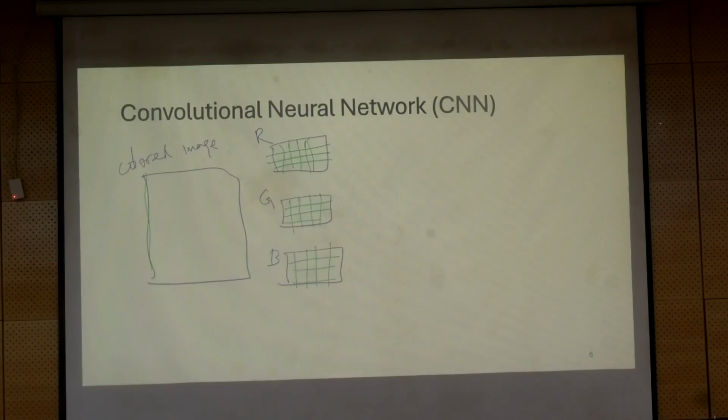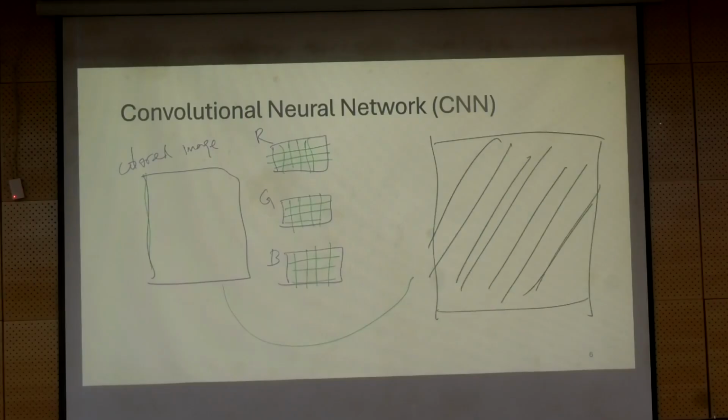Right? So each one is a 2D matrix. But there are 3 such 2D matrices. So when I feed a colored image into my black box called CNN for training purposes, what is the nature of the input? It is actually x cross y cross the number of channels, which if I call n or z, it's a 3-dimensional matrix. So it's a volume input. Not just length and breadth, but there is also a depth.